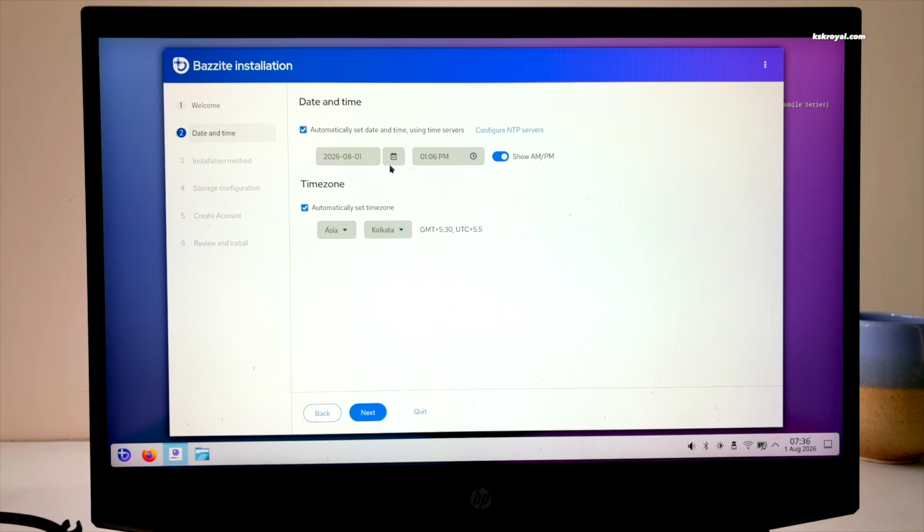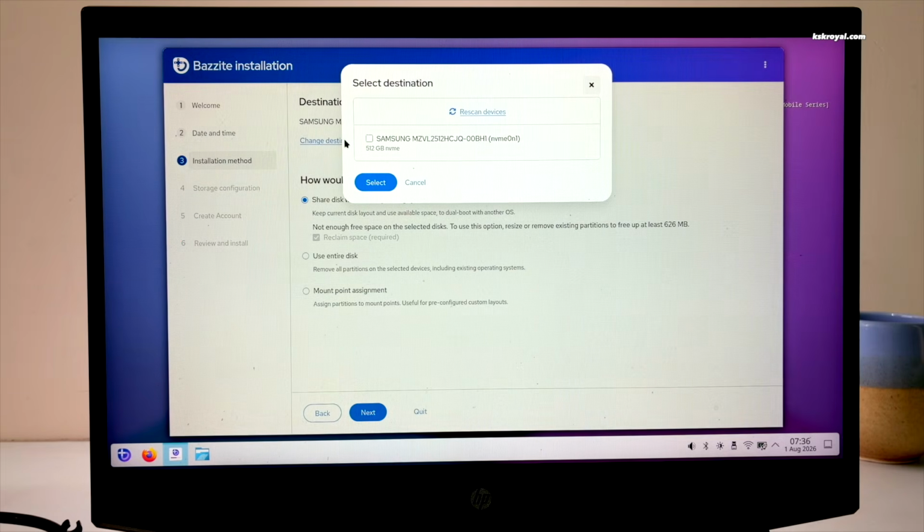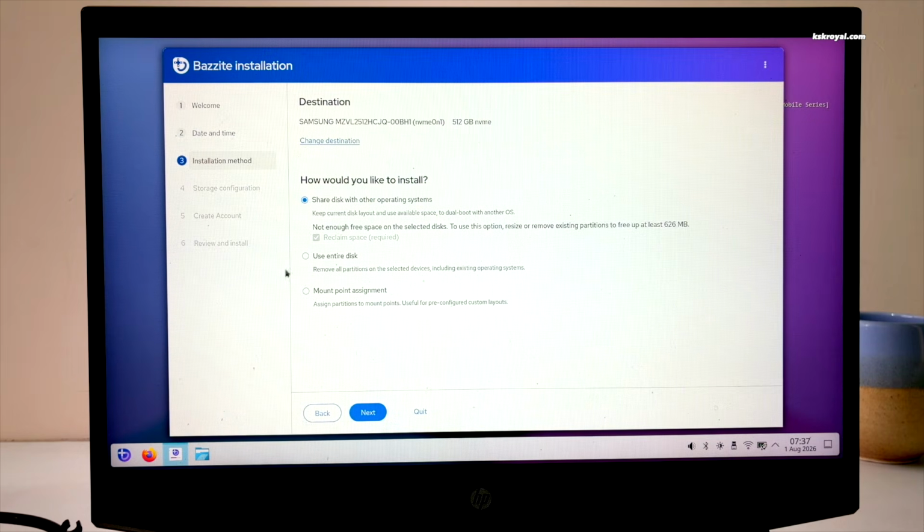Then choose your date and time. Then click Change Destination and choose the disk you want to install Bazzite on. Then choose Entire Disk. This will erase all the data inside it,